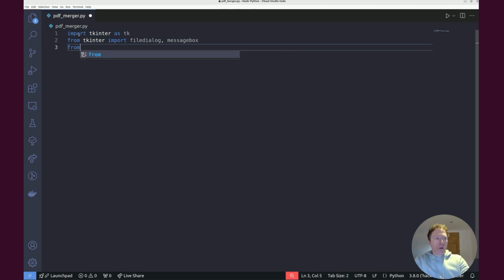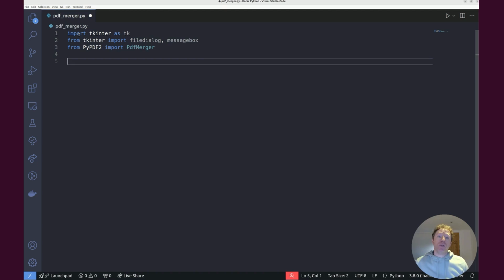Now from PyPDF2, we need to import PdfMerger. So we are merging PDFs together. Now there's even more that you can do with this library, and I'd encourage you to explore it if you'd like to. But for this app, for this purpose, in this project, we are using merging. So we want to merge together PDFs. So we've got Tkinter for the GUI, and we've got PyPDF's PdfMerger class to allow us to combine multiple PDFs